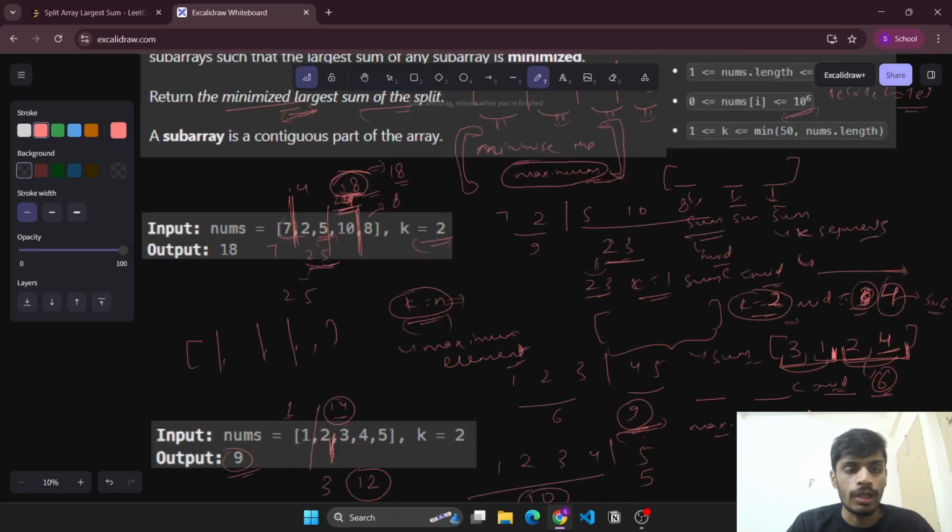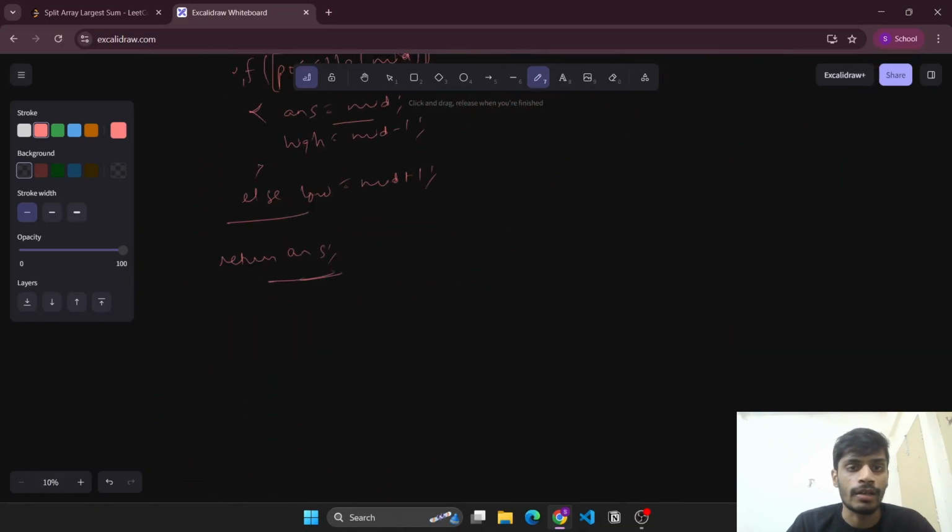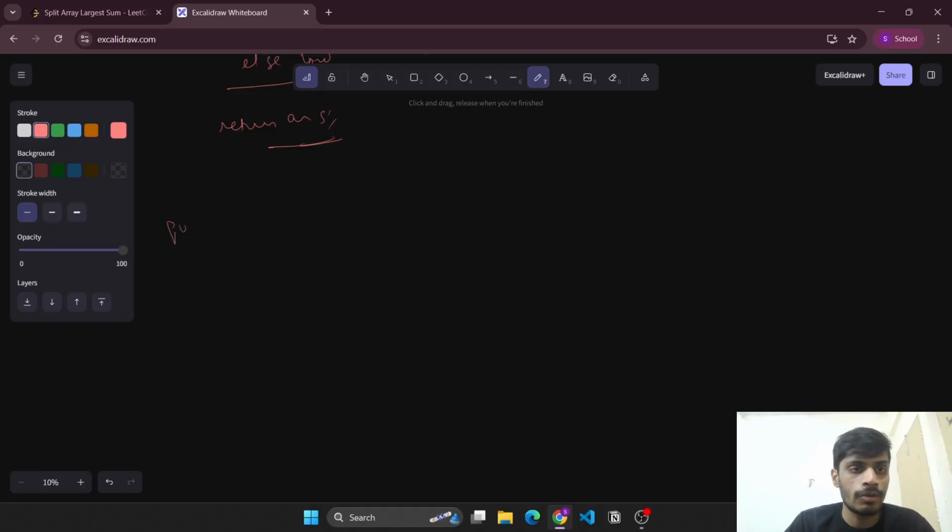And now what do we need to find? We need to see how this possible function will be written. So what do we need to check? This possible function means possible of mid. What does it mean? It means whether it is possible to make k segments,